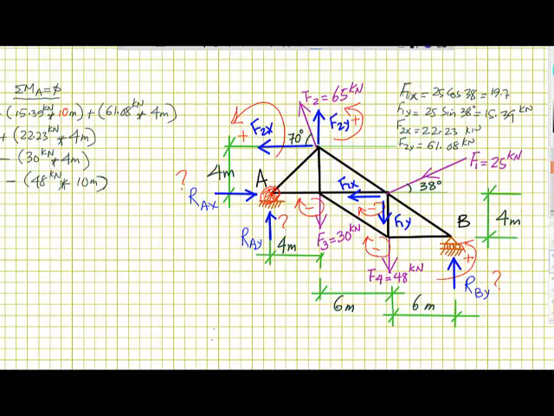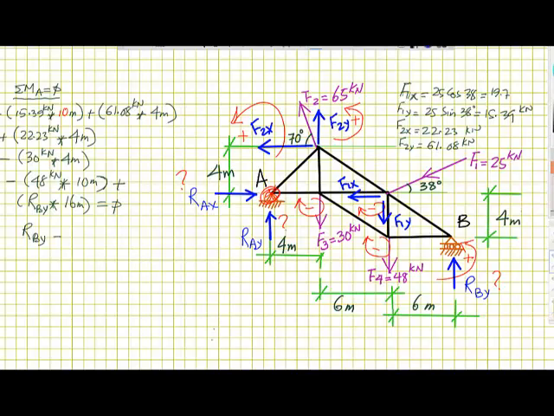RBY is rotating positive, so plus RBY multiplied by the distance between RBY and this point, which is 6 plus 4 plus 6, equal to 16 meters, is equal to 0. So from this equation, it's clear that we have only RBY as the unknown. The rest of them are known to us, so we just punch in the numbers to calculate, and once you isolate the RBY